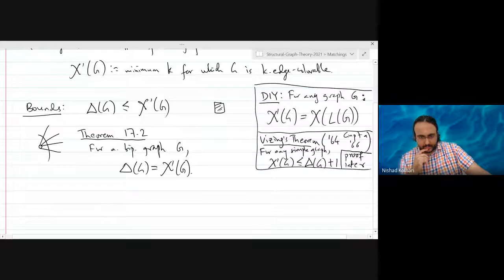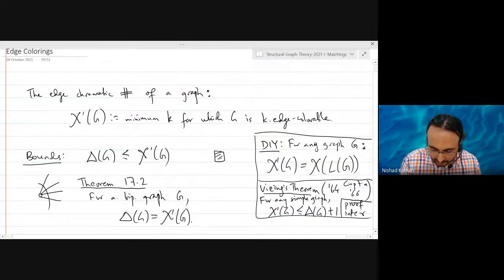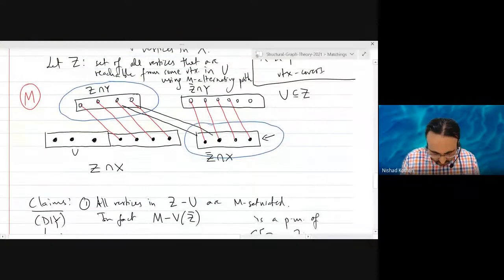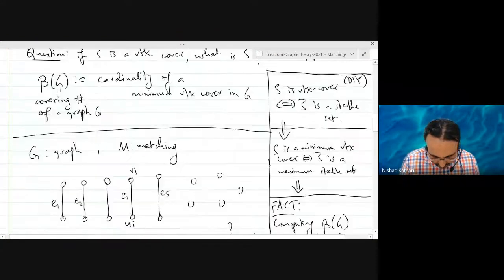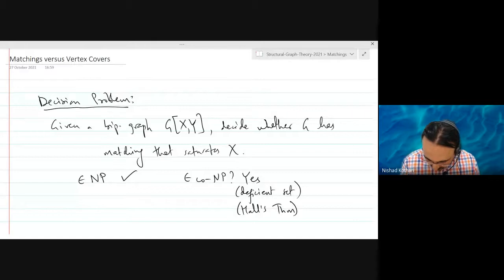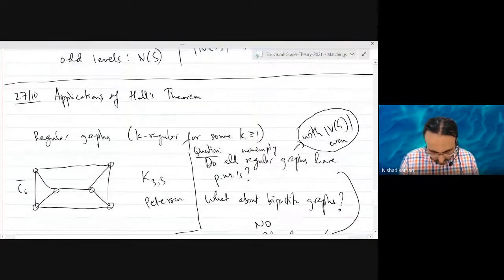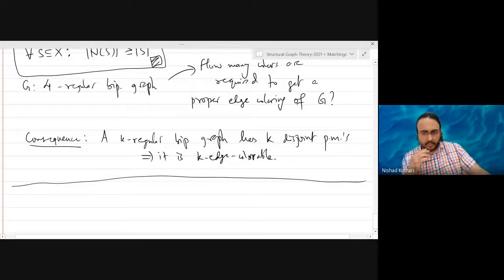If I'm not mistaken, what you are saying is actually one way to prove it. Just to get everybody on board, let's go to yesterday's lecture. Yesterday we observed, this was the previous page, that a k-regular bipartite graph is actually k edge colorable. So we have already proved theorem 17.2 for regular bipartite graphs. The problem is when your graph is not regular.